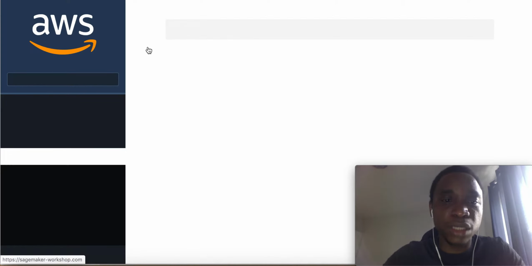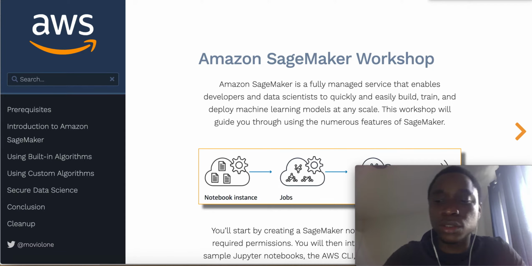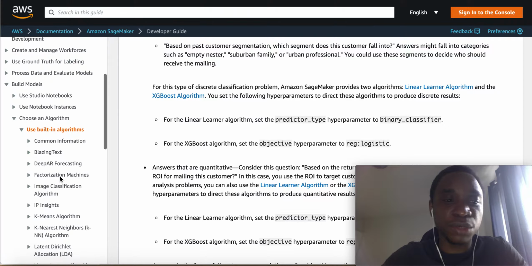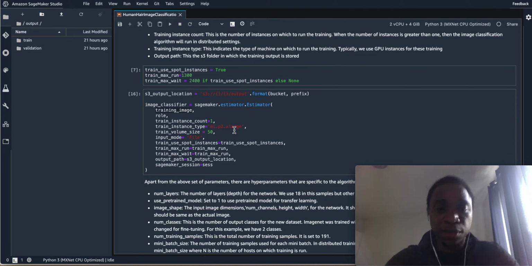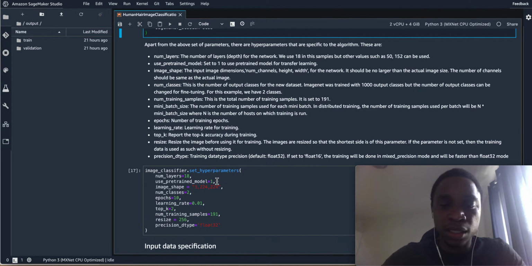This workshop material is really good. You can find a lot of stuff here. I will add the links to the video description. Here is also the documentation and a lot of things you can read about. It's really good. So specifying the estimator, just a couple of things: training instance, use spot instances, and then here